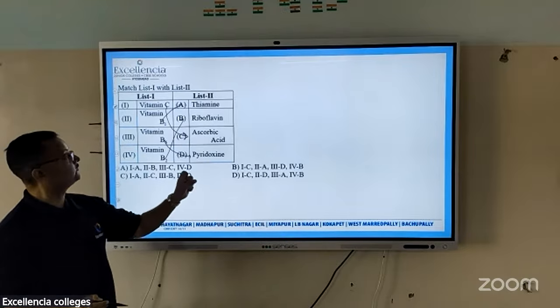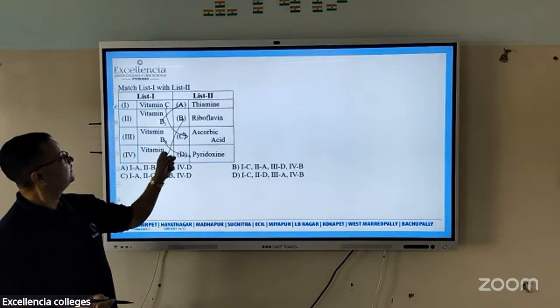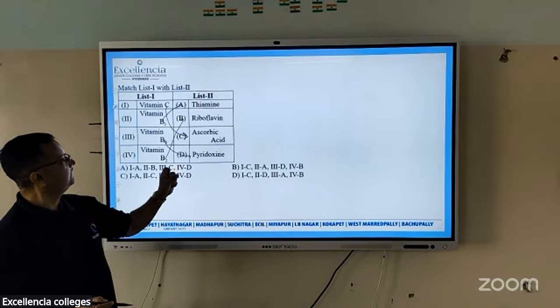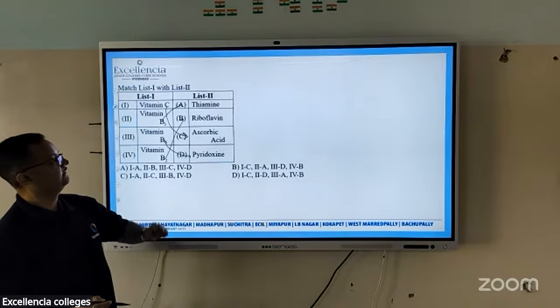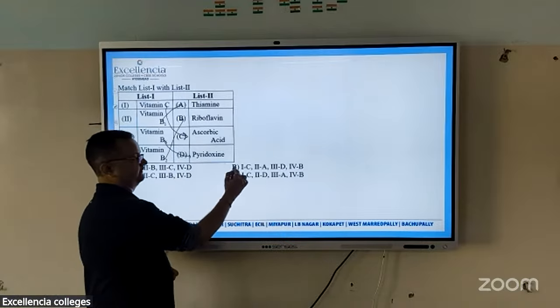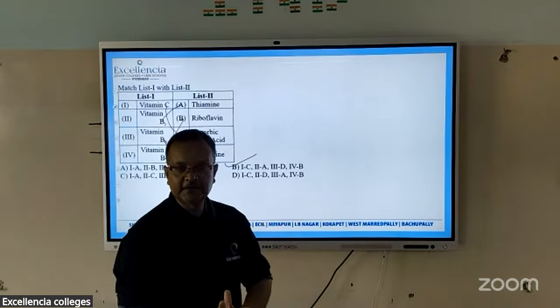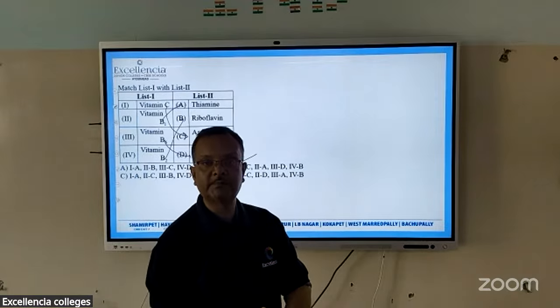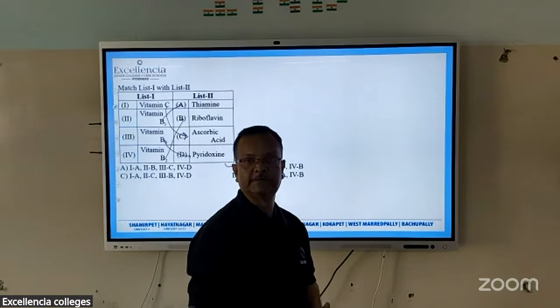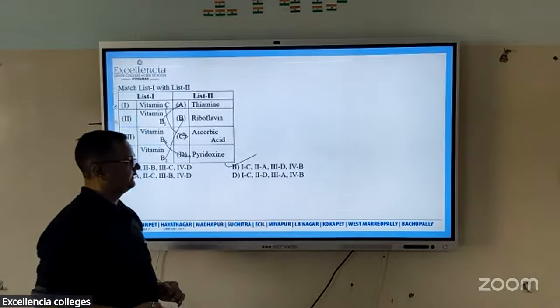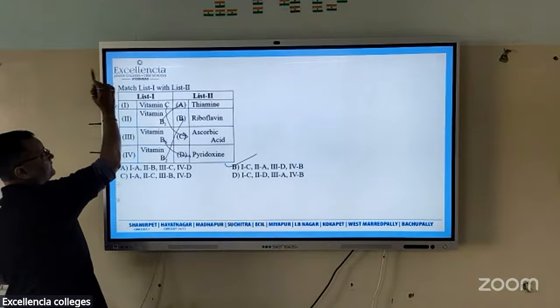So this is your answer. One is matching with C, two is matching with A, three is matching with D, and 4 is matching with B. So your answer is this one. Correct? So it was directly from NCERT, very simple question, but a little bit memory based. But this has to be done once. So it was theory. So see, this is the next question.